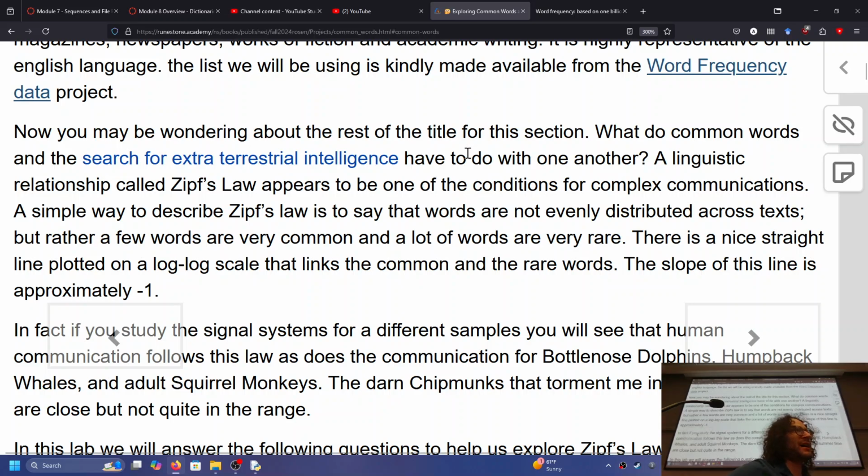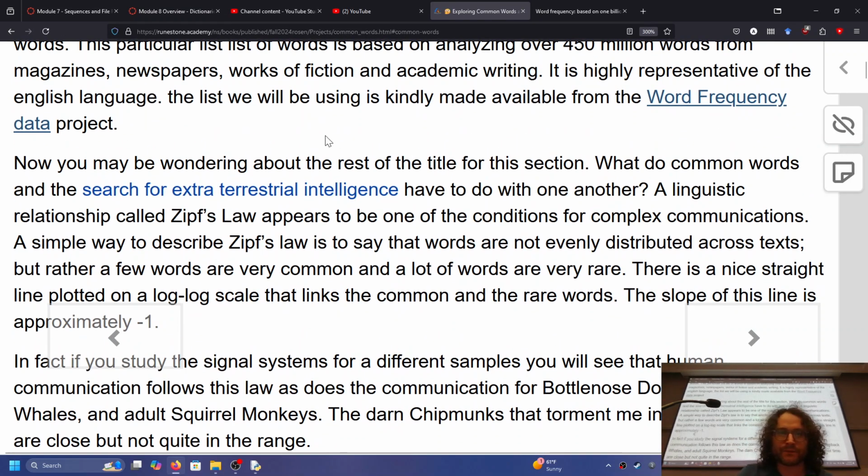And if you're a computer scientist, depending on how heavy you go into computer science theory, you might actually get really heavy into linguistics. We have an entire course called Computational Automata, which is all about basically describing computer languages as languages and mathematical languages and what they can do with that. Now, anyway, so it's a very interesting section for the title, which is what do common words in the search